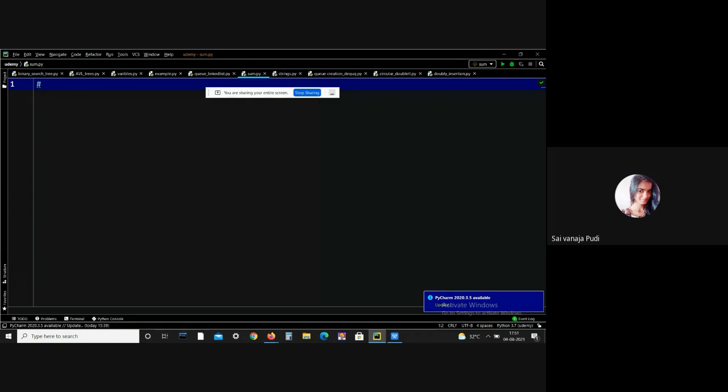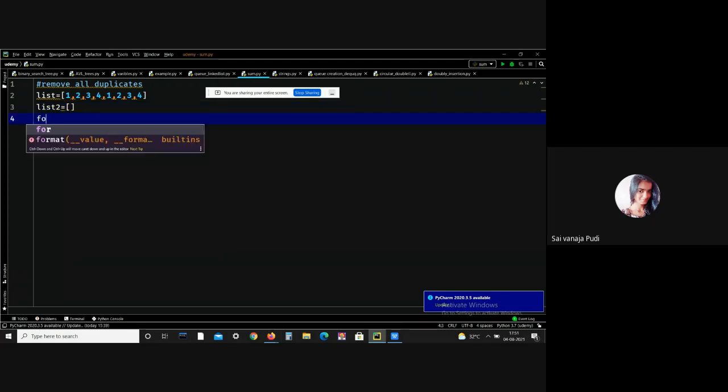The first thing is remove all duplicates. Here I have a list: 1 2 3 4 1 2 3 4. And next I'm assigning an empty list, that is list2.